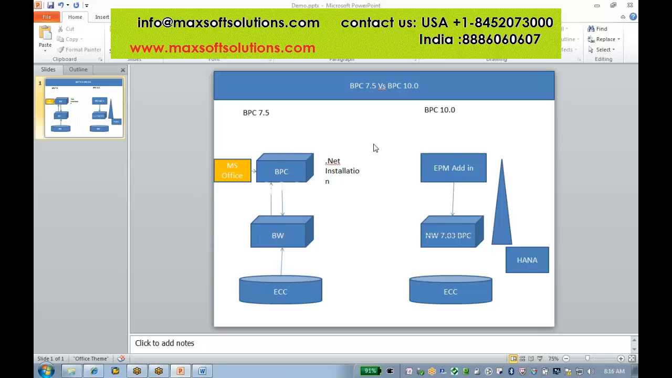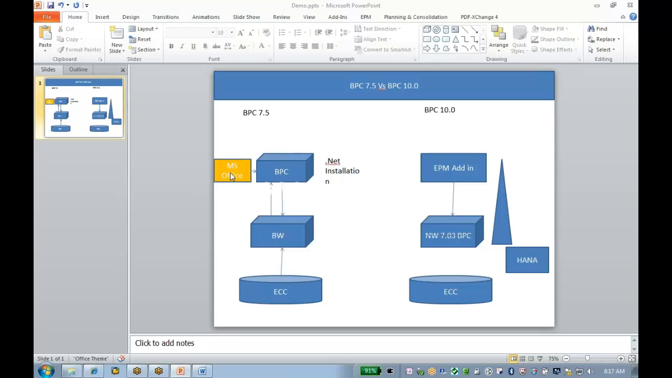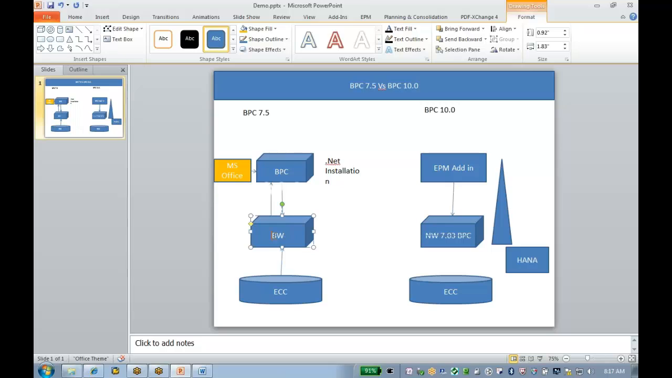Discussing what is BPC 7.5 and BPC 10, and the main differences. Here we have BPC as a separate installation in 7.5, and it is a .NET installation. It is going to use MS Office, like BPC Excel, PowerPoint, Word, as the front end tools. This .NET installation sits on top of BW, that is, you can say NetWeaver 7.2,